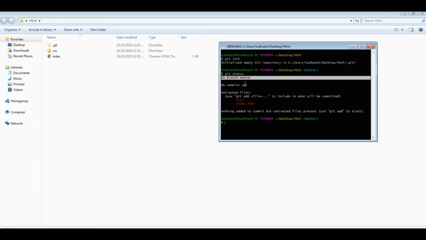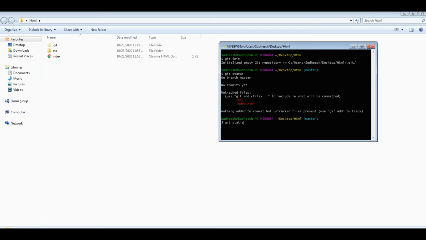So on this master branch, no commits have been submitted. We have one untracked file and a folder in it. So we have to track this file, which means we have to enter it into the staging area.